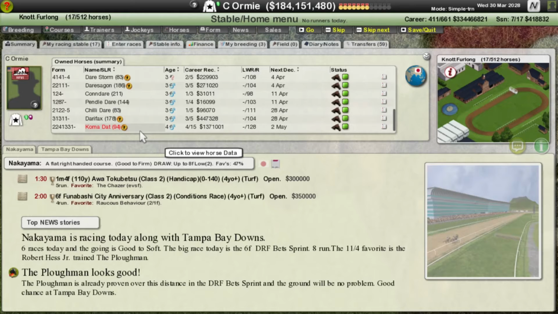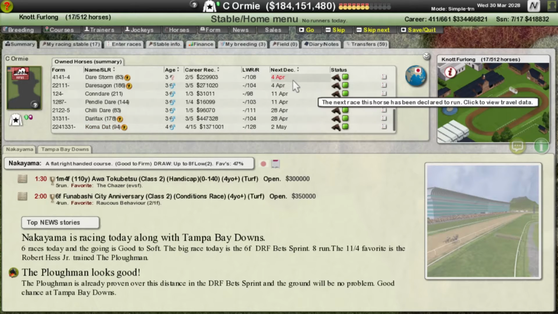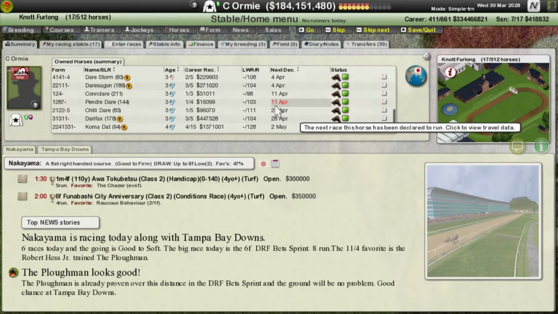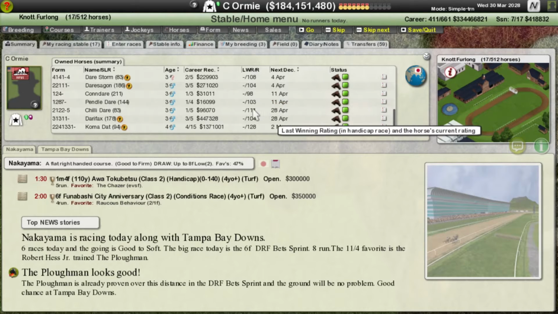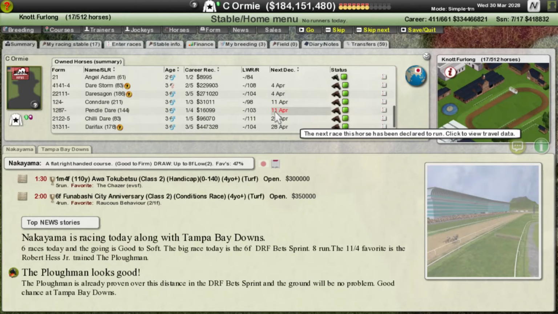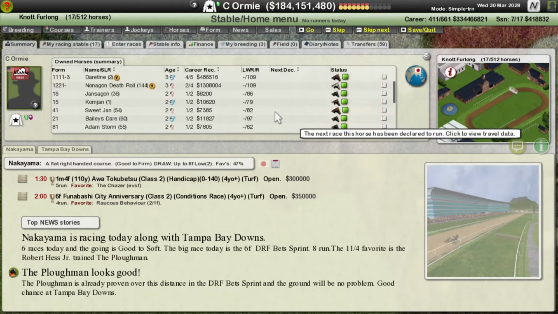We'll have to probably wait on the next video for that, because depending how these races go, we'll figure out our Triple Crown field. So at the moment, unraced as a 3-year-old, kind of at this distance, Nonagon Death Row, Dare Party, Alexis Dare. So I think I'm running all 3 of those. And then we'll see how these go and how well they can do. And